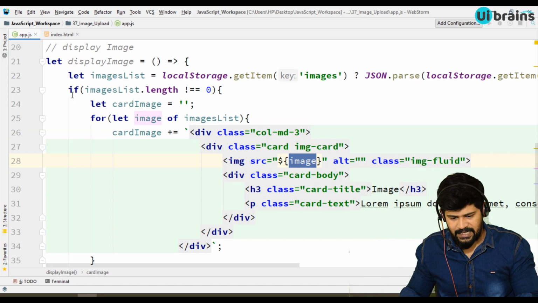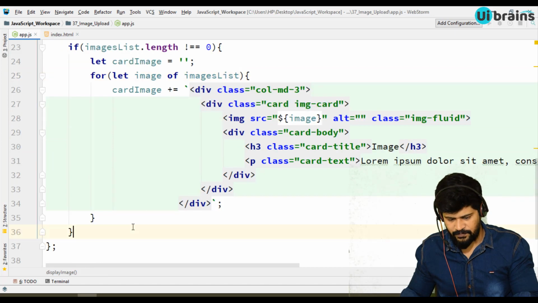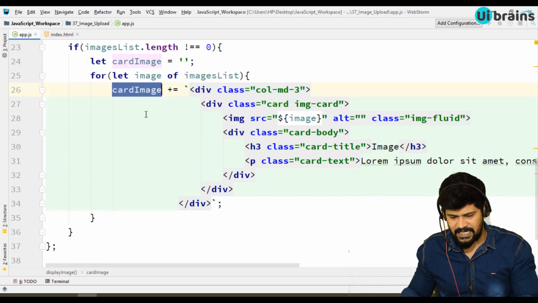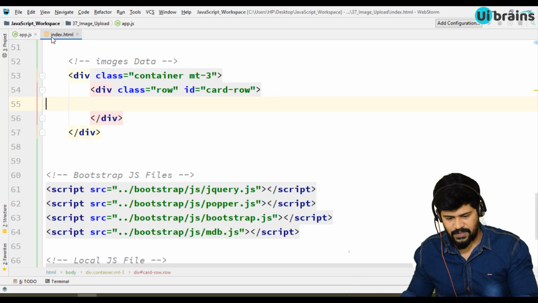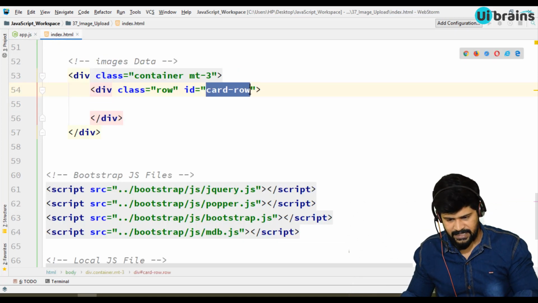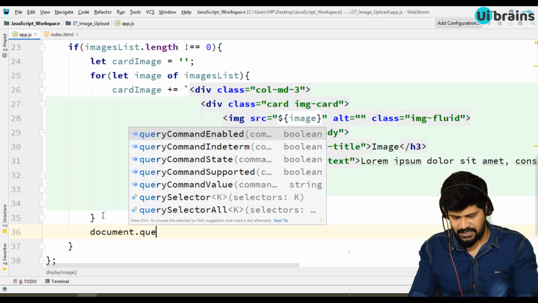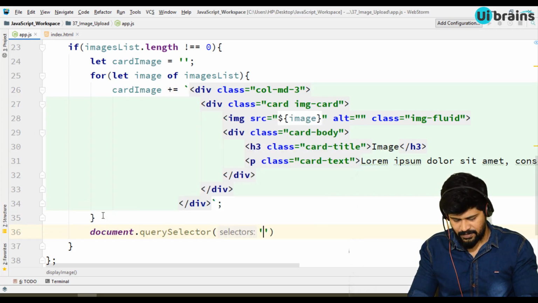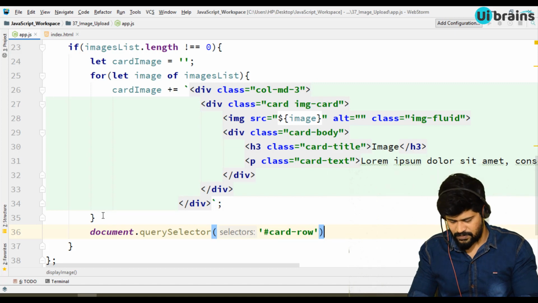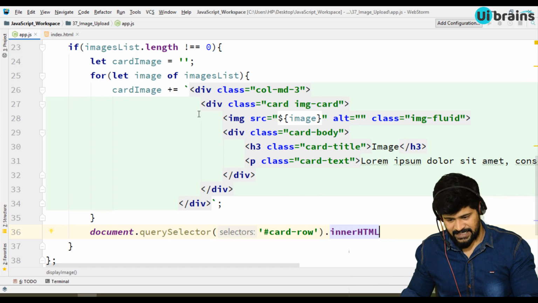Fine. And once you finish this for loop, we need to append all the card images back to the card row. So let me get the card row. I'll just take document.querySelector of #cardRow.innerHTML, because it's an HTML template.